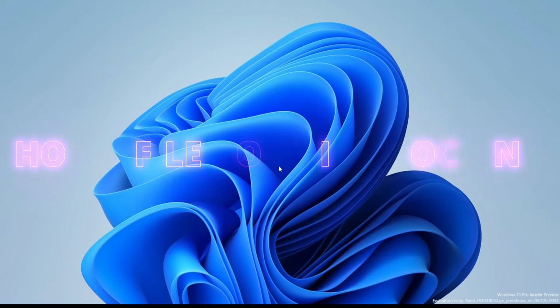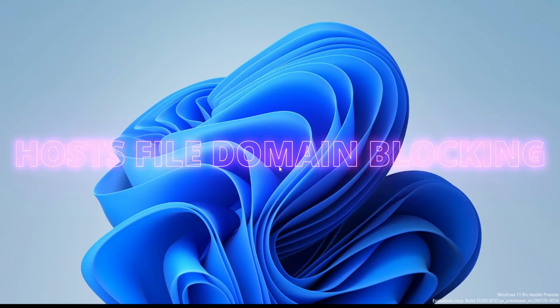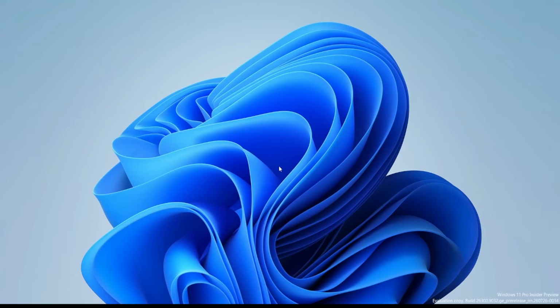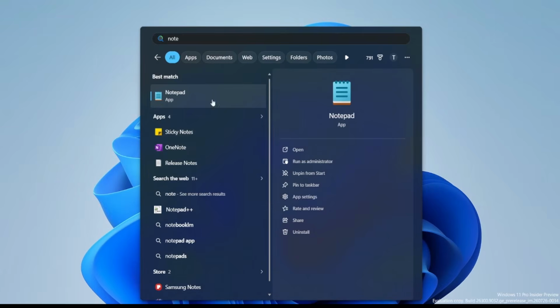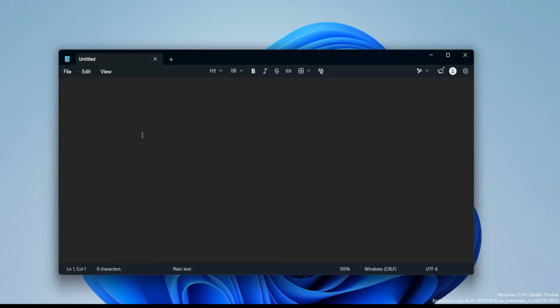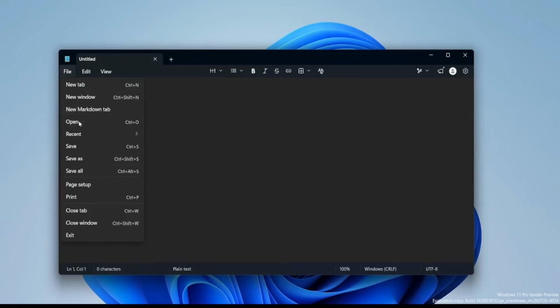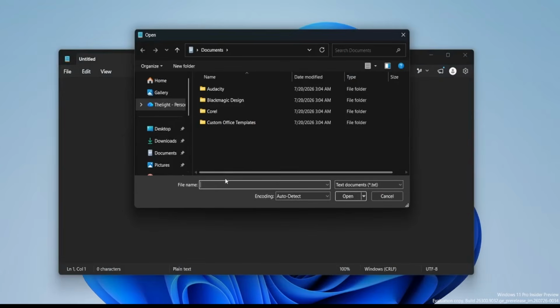Layer 4. Hosts file domain blocking. This blocks Microsoft's telemetry servers at the DNS level before Windows even attempts a connection. Open Notepad as administrator. Then click File, Open, and navigate to